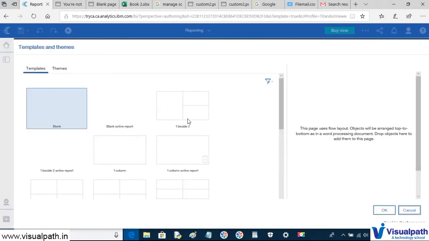While the page is opening, I want to remind you of one more thing: in the last video we understood the modeling component of IBM Cognos Analytics, that is the role of Framework Manager and what exactly the model does in Cognos BI. Here you can see that this is the welcome screen for Cognos connection.